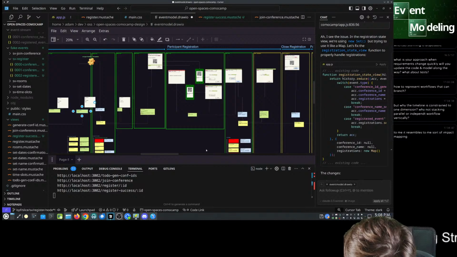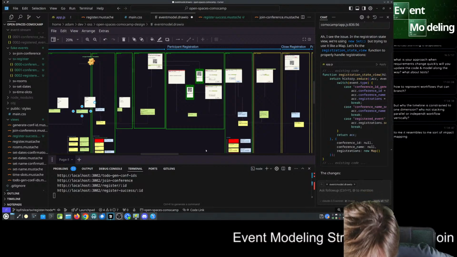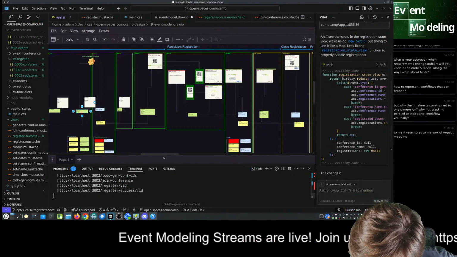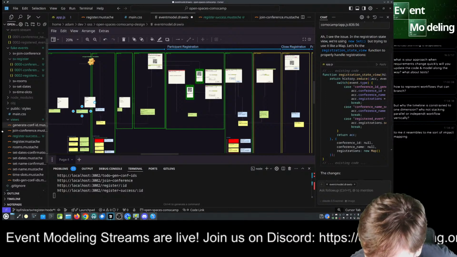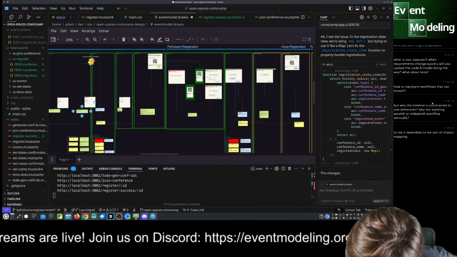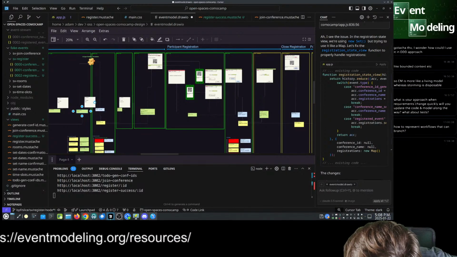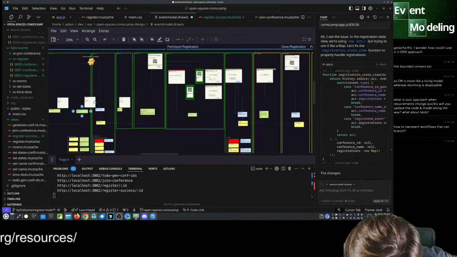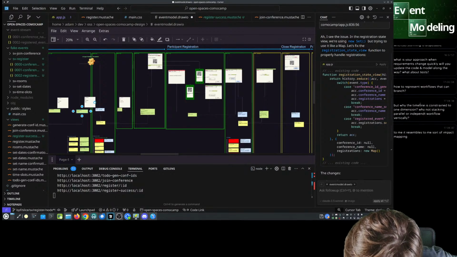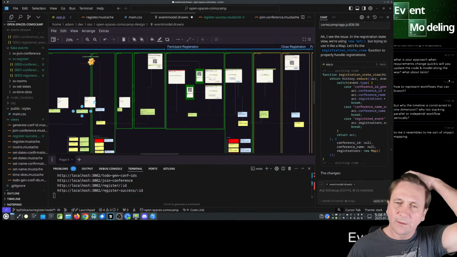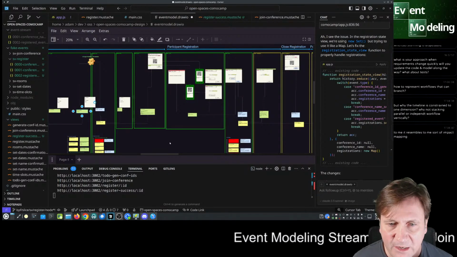So yeah. Sorry, Sargath. We also have another question from you here. I missed this one or forgot to address it, but it's a really good one, so I want to talk about it, and that is: requirements change quickly. You update the code and model along the way. What about tests? Yeah, so we do change them, and the nice thing about the tests is that they exist